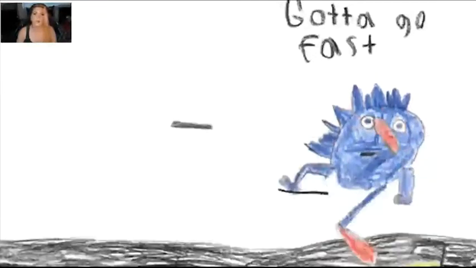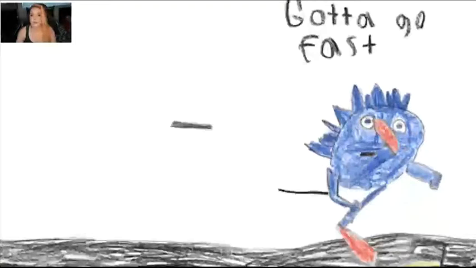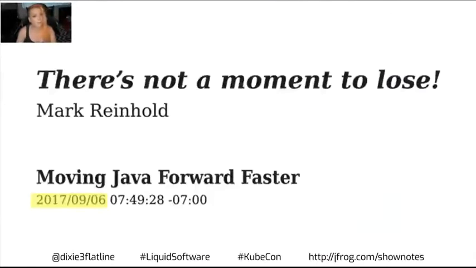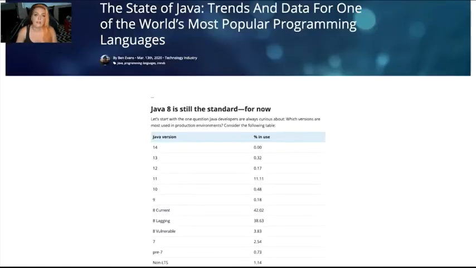So you want to update faster. Great. Cool. There's no doubt that it leads to a better, more secure product, but it can also go terribly, terribly wrong, and here's how. Our first example is, of course, Java. 3 years ago, Mark Reynolds announced that Java would be updating more often. Gone were the days where a Java update takes a year or a year and a half to release. Instead, it would be every 6 months. That was Java 8, and 5 versions have come out since then. So